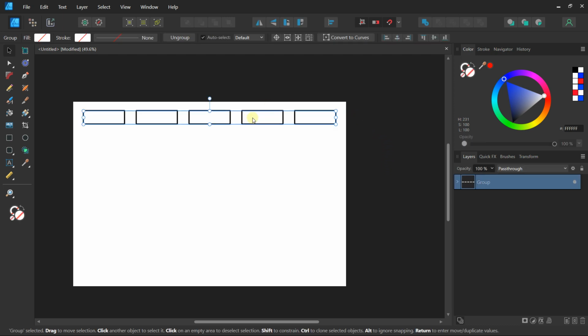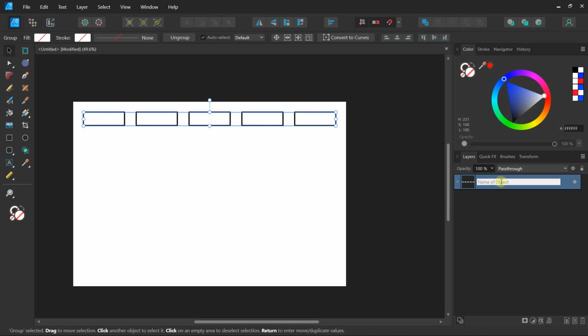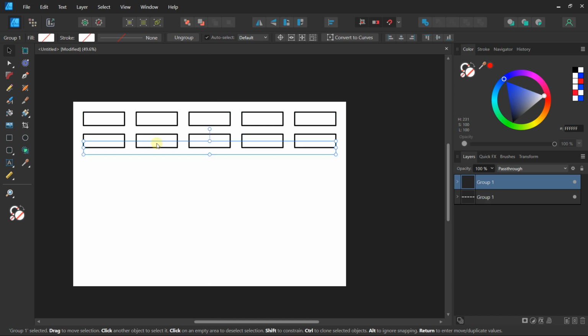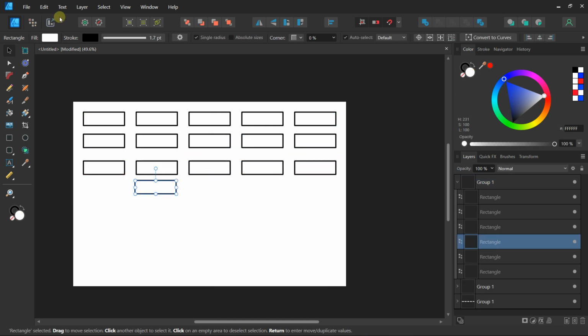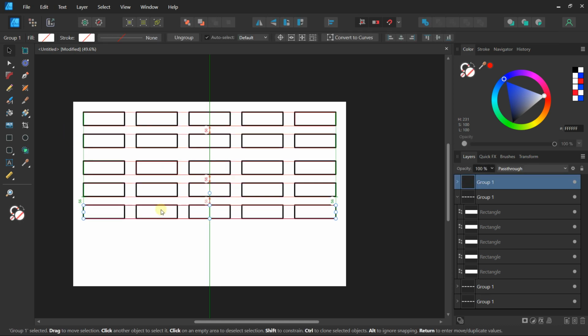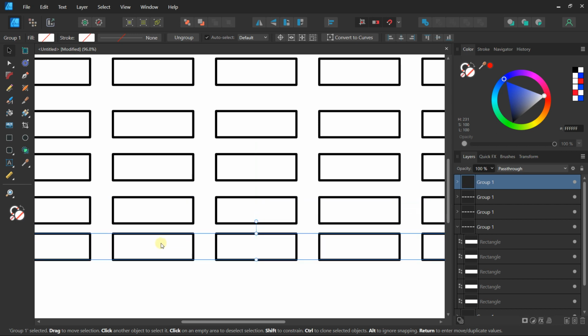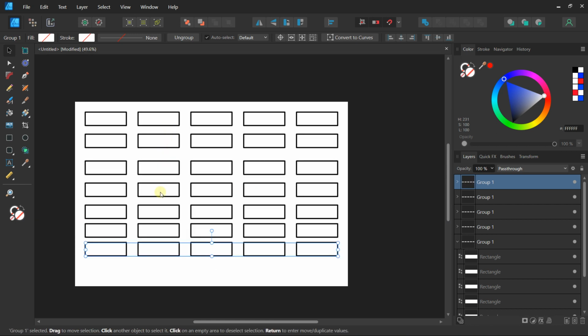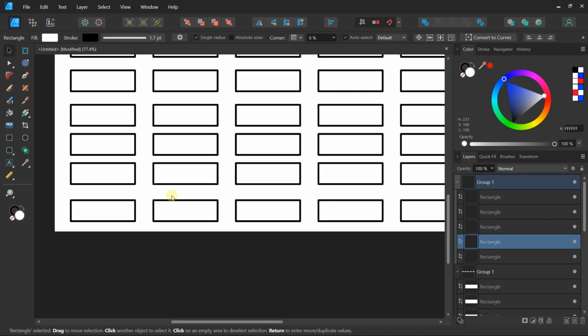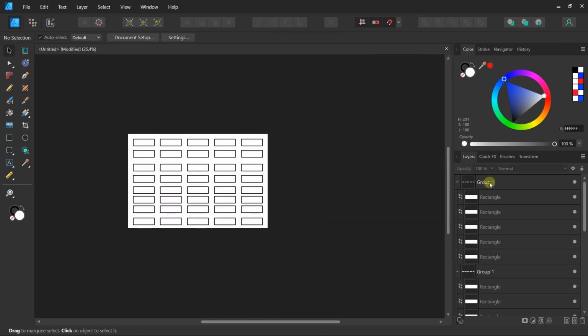And now I can duplicate this group again. So for example, this is my group number 1, and I will duplicate my group number 1. So I will press Ctrl left click, duplicate the first time, Ctrl left click a second time. Oops, let's do this again. And Ctrl left click another one, Ctrl left click, Ctrl left click, Ctrl left click. I think it's okay. 1, 2, 3, 4, 5, 6. Let's duplicate the last time. Oops, not this one. I need to select the group. Ctrl left click. Okay.